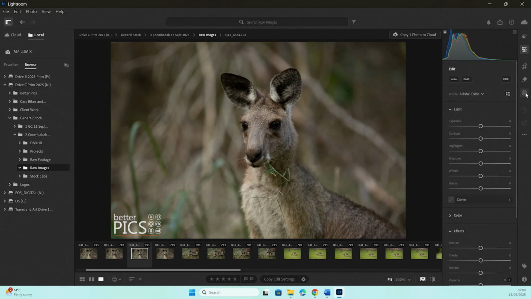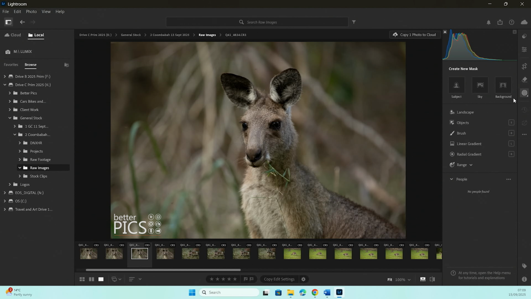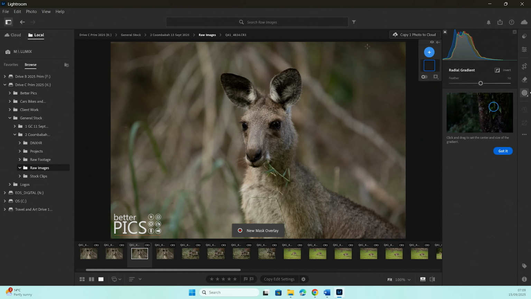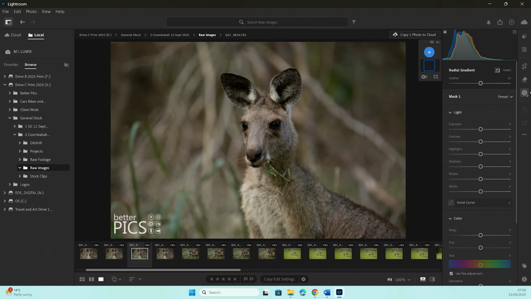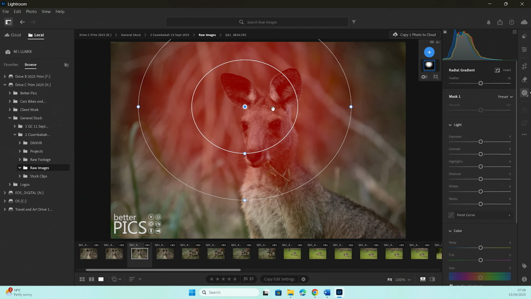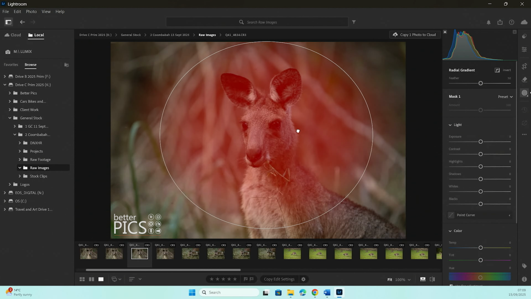If we head over to the right hand side, you can see that we're under the Edit tab. We've got the option there for masking, and if we click on that one, you can see we've got a bunch of different options: landscape, objects, brush, linear gradient, radial gradient, and range. Today we're just going to have a look at the radial gradient, and the shortcut there is R. Alright, let's click on that one. You can see that the mouse slightly changes, and if we click and drag